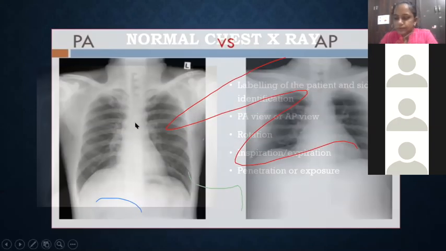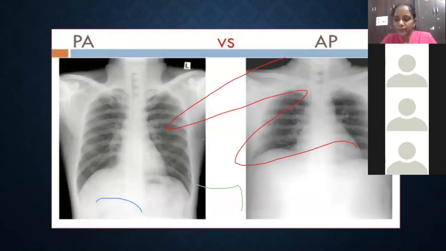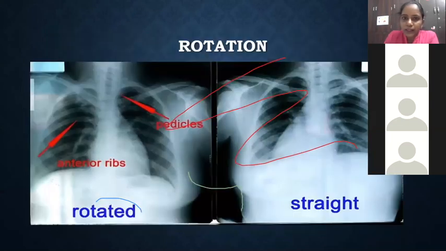So normally we usually see the PA view, that is the postero-anterior view, where the cassette is placed in front of the patient and the X-ray beam comes from behind. So this is a normal view, and the X-ray is taken in full inspiration. In AP view, the problem is we will have an apparent cardiomegaly, but AP view is the most commonly done X-ray in the ICUs when the patient is supine. So there may be increased vascular markings in the upper lobe, and there may be cardiomegaly, which may be misinterpreted as pulmonary edema. So normal view will always be a PA view.